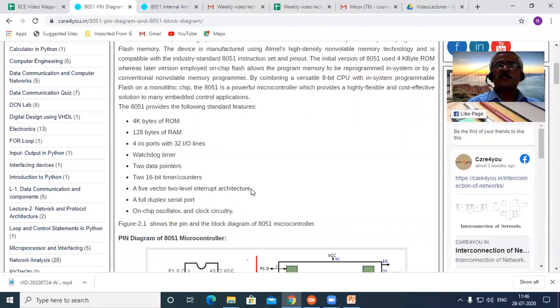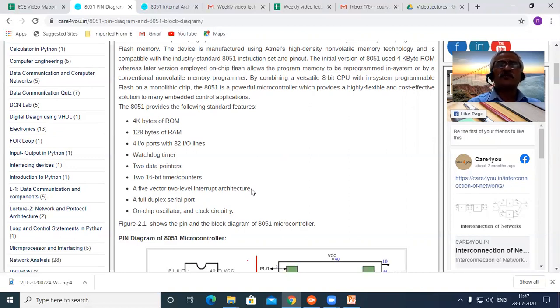It has different I/O lines which are multiplexed so that multiple functions can be carried out through them. It has a watchdog timer, which is a free-running clock, an additional oscillator in addition to the external oscillator clock signals.